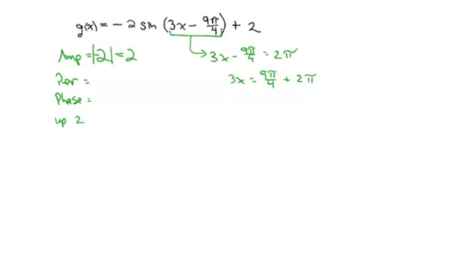One's the translation, 17 pi over 4 if we did that. I don't want to do that. So, first one will be the translation, second one will be the period. Divide everybody by 3 and you get x is equal to